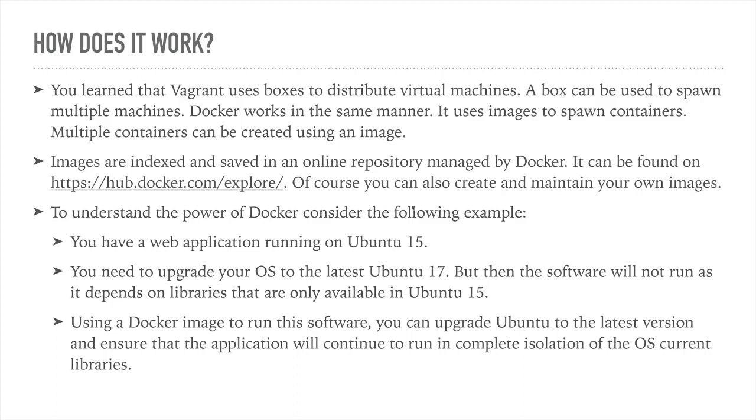So what a container is going to do in such a scenario is that it is going to abstract the libraries and the files and any dependent packages or applications on the OS that the application needs to run. It is going to abstract those entities in an isolated environment, and that environment is going to run regardless of the version of the OS you're running. So you can run Ubuntu 17 and have an application that should only run on Ubuntu 15 because of some